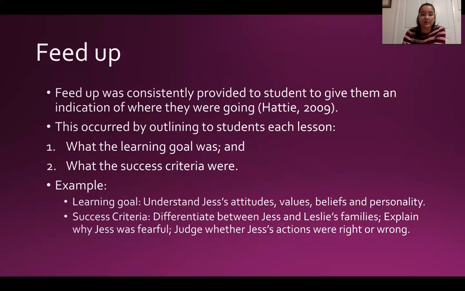and Leslie. Okay, so feed up was something that I really wanted to work on in this PECS. I consistently provided the students with this feed up so that they could have an indication of what the lesson was going to look like. So I gave them every lesson I would write on the whiteboard, the learning goal, and then the success criteria. So I've just got one example of what I would typically write on a board in a day, just below